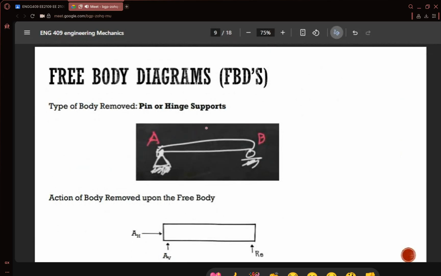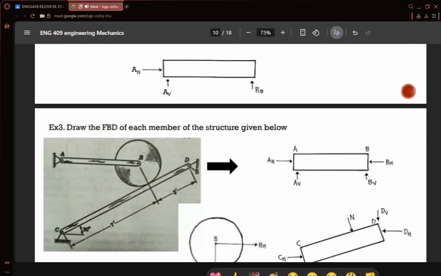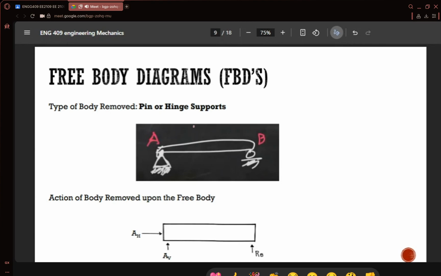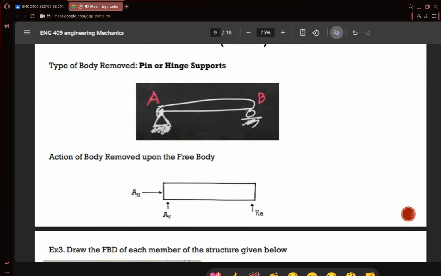So don't worry, this is I think the last one. Okay. Last one. Pin or hinge support. When you see a pin as a support or hinge, they're the same. So again, you will have two components of forces, the horizontal and the vertical. So pin and hinge, you have two support forces, one for vertical, one for horizontal. Right. So again, what is this? This is a roller support. That's why it's like a normal force. Okay? So I hope this is only a review actually. I hope you get refreshed on how those supports and how the free body diagram is made. All right?